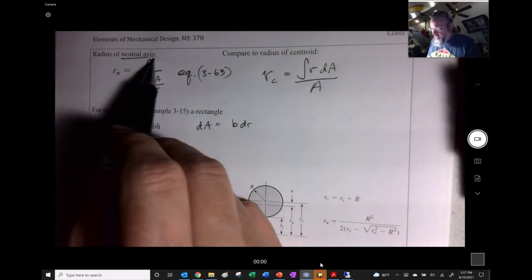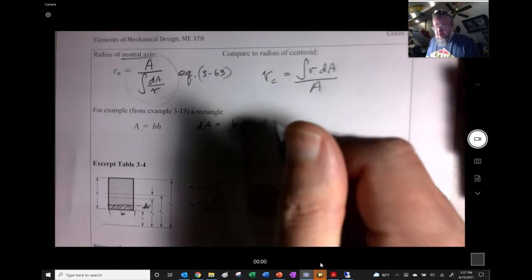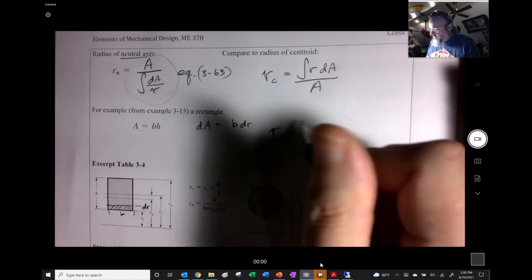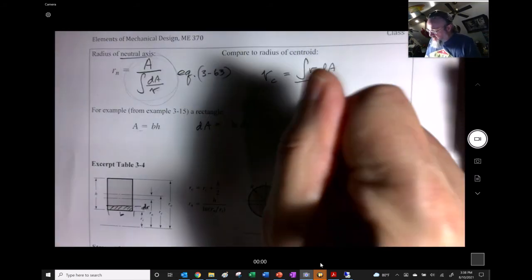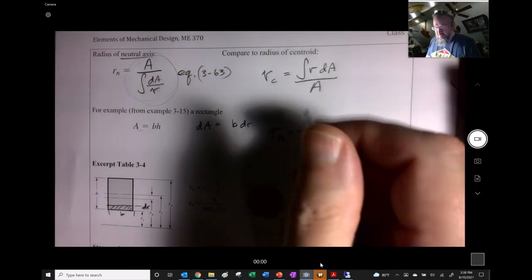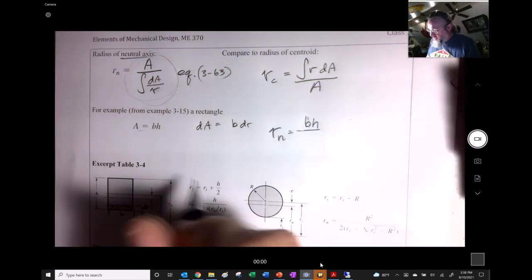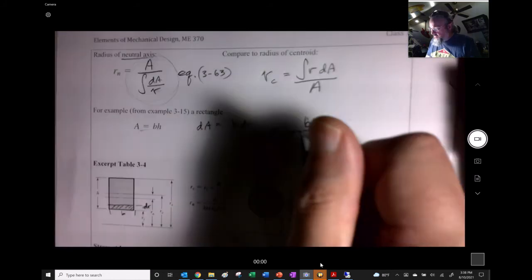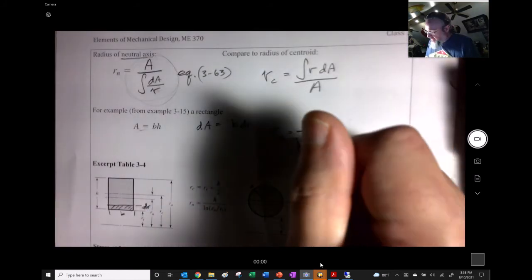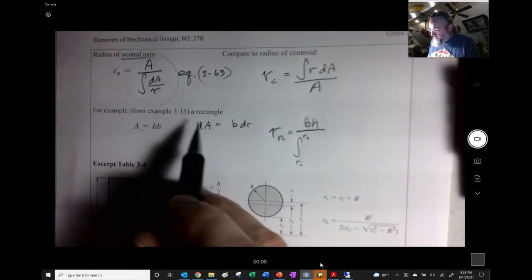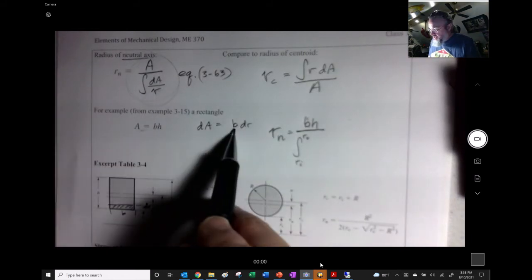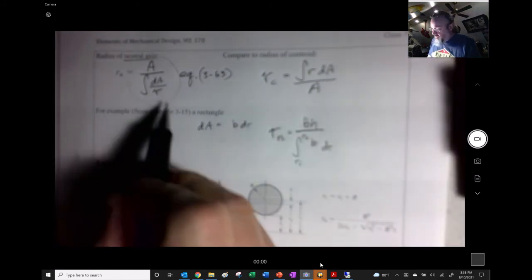If we plug this into this equation right up here, we'd get Rn is equal to A divided by, I won't rewrite the equation, the equation's right there, so I'm going to give myself some more space. And I'm going to say that's B times H, right? That's the overall area of the thing. And it's divided by the integral from Ri to Ro of dA, which is B times dr, divided by R,